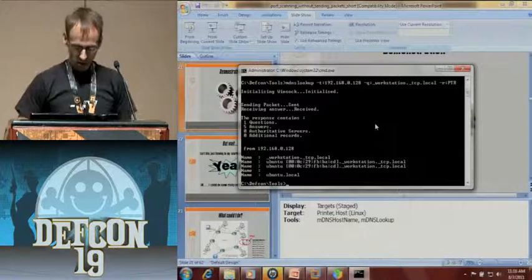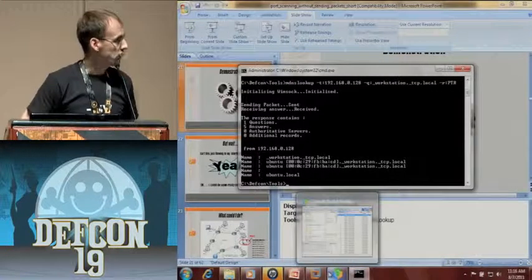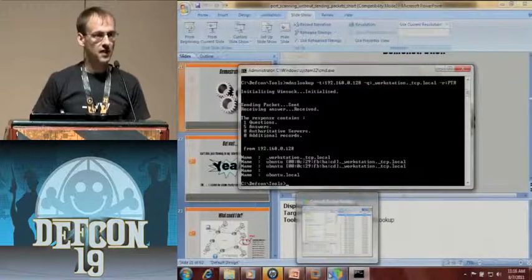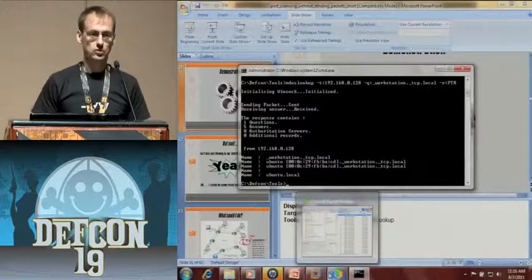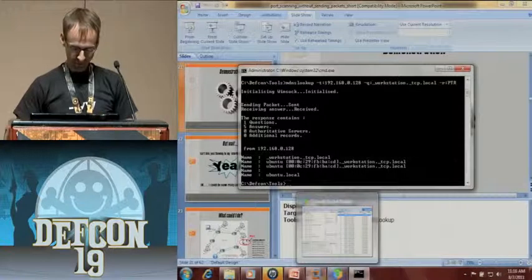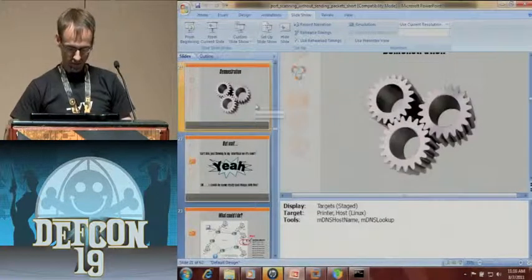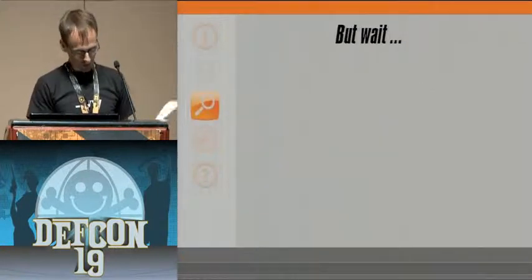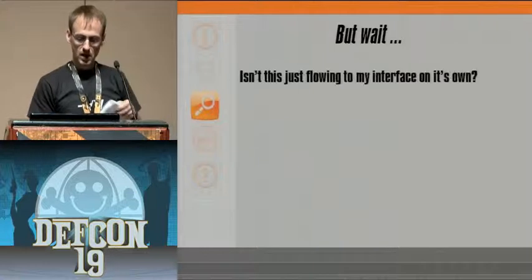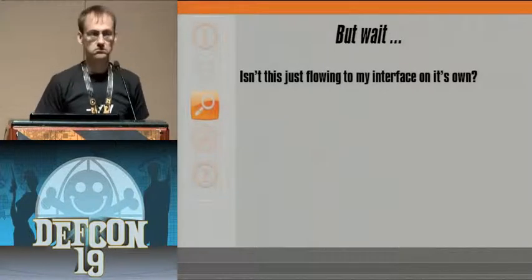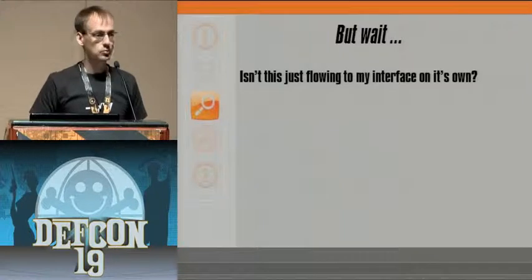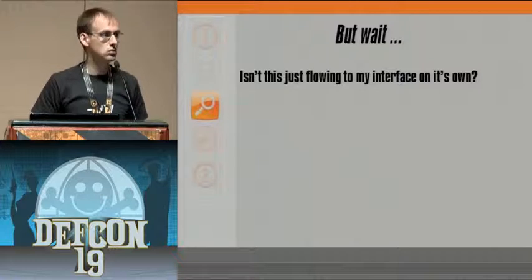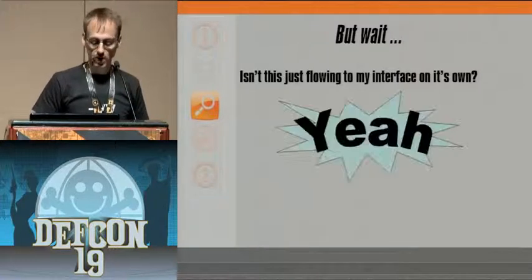Okay, so quickly, we went over this, and when I did all of this, I was very excited because there are a lot of Windows boxes out there, but there's a lot that are not Windows. And so this allowed me to address a gap that I had. But I had a question for myself here. I said, isn't this just flowing to my interface on its own? I never joined any groups. I never sent any packets to anybody saying, add me to this group, to the local router. So I said, okay,